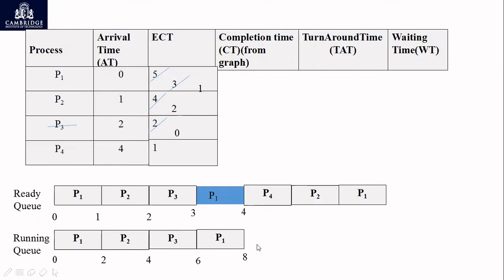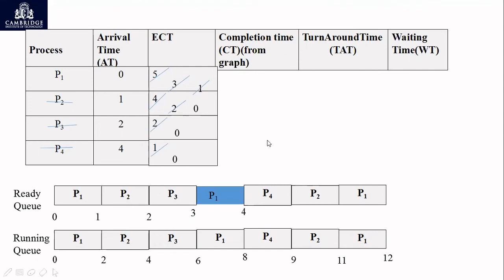Now we have P4. P4 would run for only 1 millisecond because the ECT of that is 1 millisecond. There is no use in running it for 2 milliseconds. So we would run it only for 1 millisecond, 8 to 9, and we complete the execution of P4 and remove it from the running queue. Next take P2. P2 would run for another 2 milliseconds. With that P2 is completely executed, removed from the running queue. Now we have only P1 left and this P1 would run for the last 1 millisecond and it will complete its execution, right? So this is the order in which the processes are given to the CPU for execution.